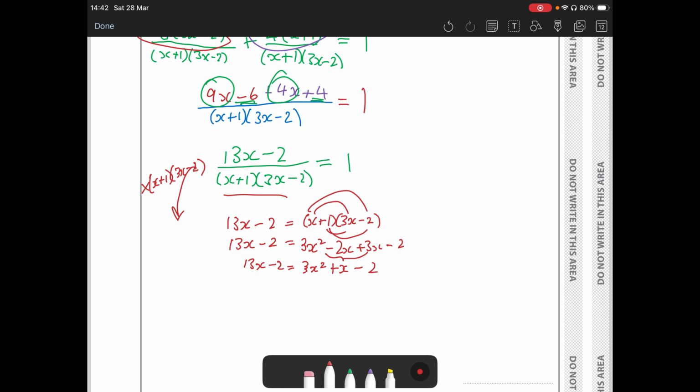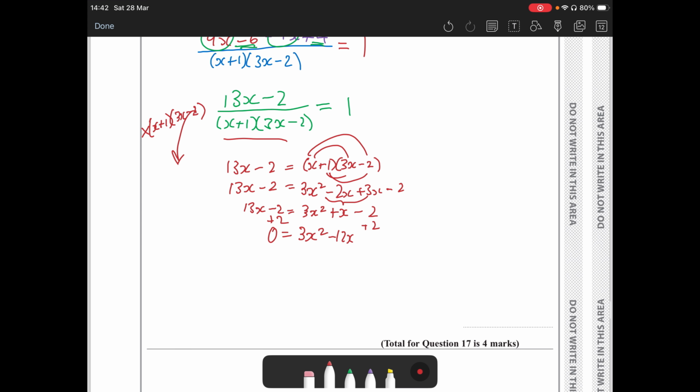Now, I'm going to move the 13x over. So I'll get minus 12x. And the minus 2's, because if we add 2 to both sides, becomes nothing. So this is nice. I was worried we'd get a little term on the end, but right, we've got an